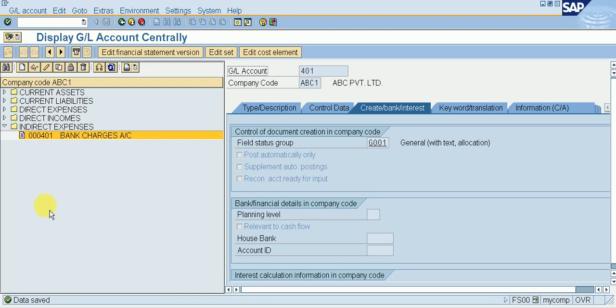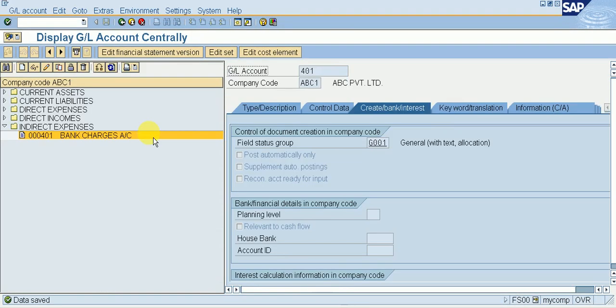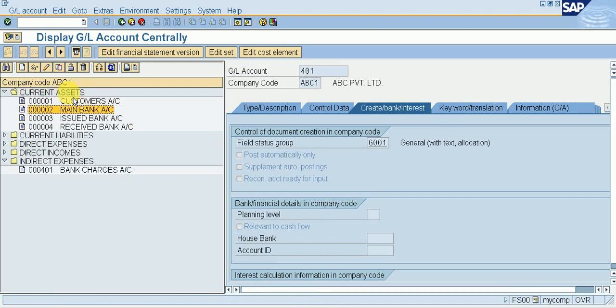After save, we can see data was saved, and go to previous page and give your account symbol which I created, ABMN for main bank, currency INR, and for GL account we need to do masking with +++2 for a main bank is created. You can see 2 is my main bank. Okay,